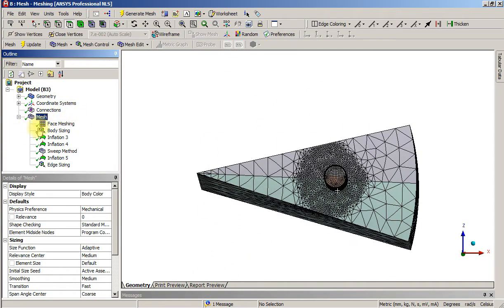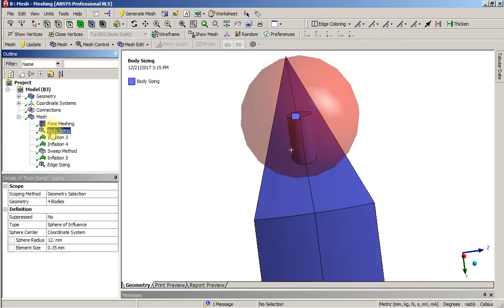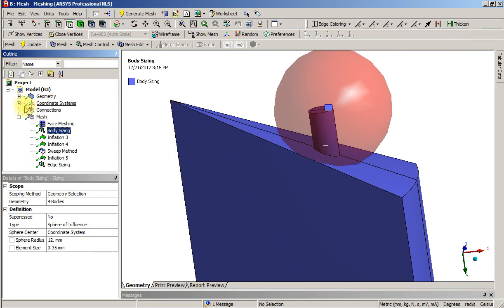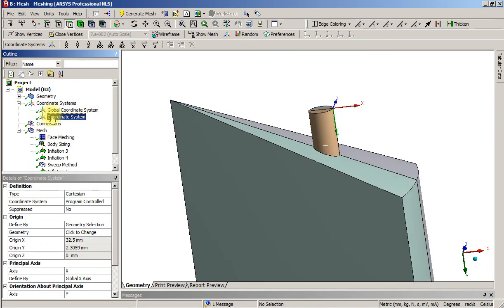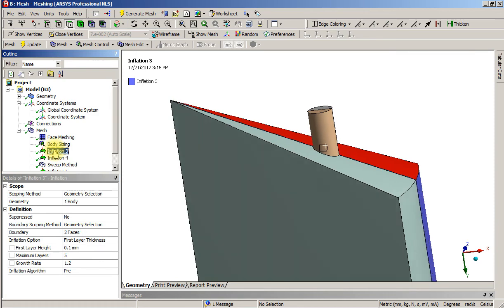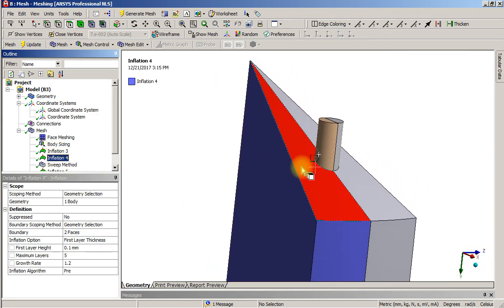The mesh has face meshing on these faces, body sizing, which is on 4 bodies defined at this coordinate system, and that body sizing has a radius of 12 and an element size of 0.35. There's an inflation layer on both base faces of the conical surface,